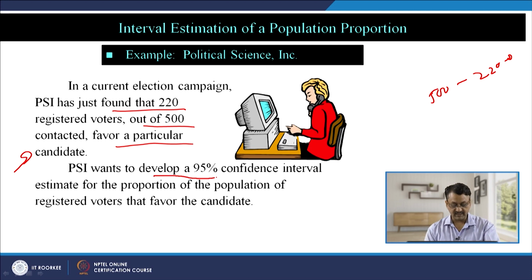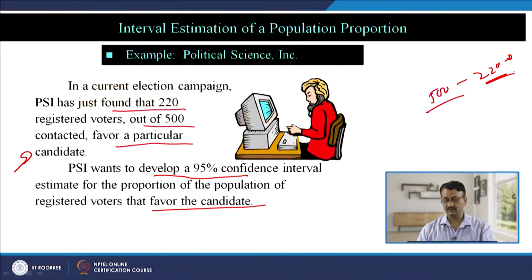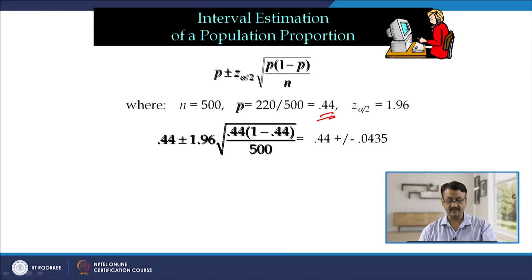PSI wants to develop a 95% confidence interval estimate for the proportion of population of registered voters that favor the candidate. So, out of 500, 220 favored a particular candidate. Out of 100, what it would be? It would be 2, let us say, this is the percentage, right. So, this value is 0.44, n is given, right, 500, Z alpha by 2 or Z value is 1.96, again